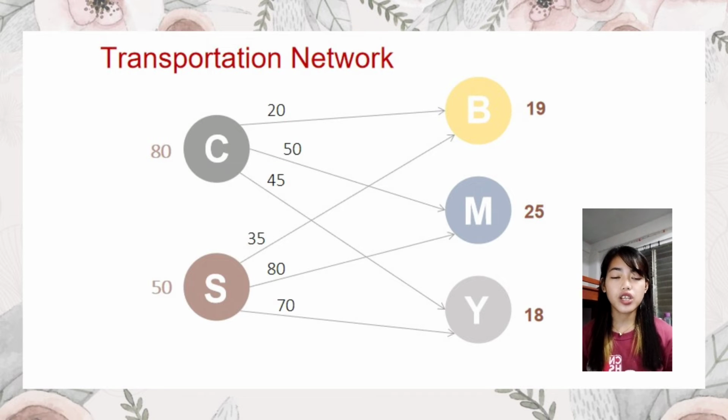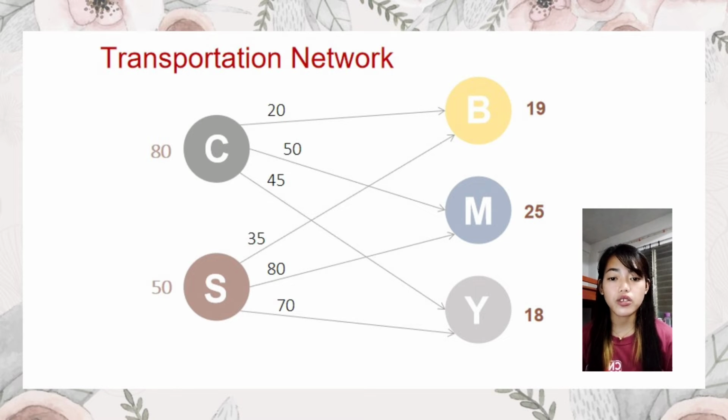Now we have here the transportation network for this problem. The circles represent our nodes. The right circles are the two branches and the left circles are the three distributors, or our destinations. The arrows from the branches to the distributors are called the arcs. From node C are the transportation costs from Katarman to the distributors, and node S for the costs from Sagay